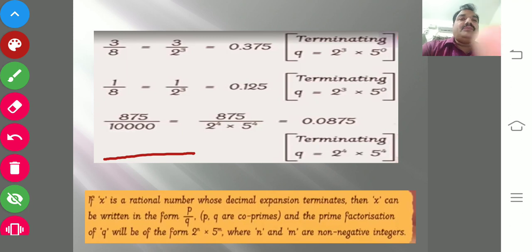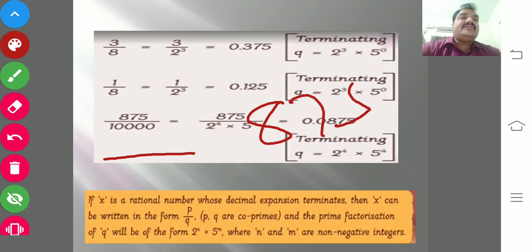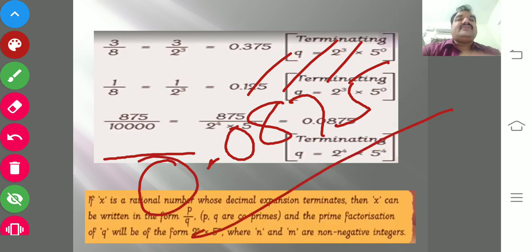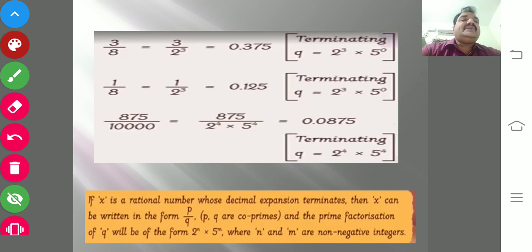This is one kind of model, the very simplest model. You can easily know, because the denominator has a power of 10. Here it is 10 power 4. You write the numerator 875, and in the denominator after 1 you have 4 zeros. So from right to left count: 1, 2, 3. Still a fourth place is needed, so you keep a 0. Keep the point and 0, so 0.0875. What can we conclude from the two slides?